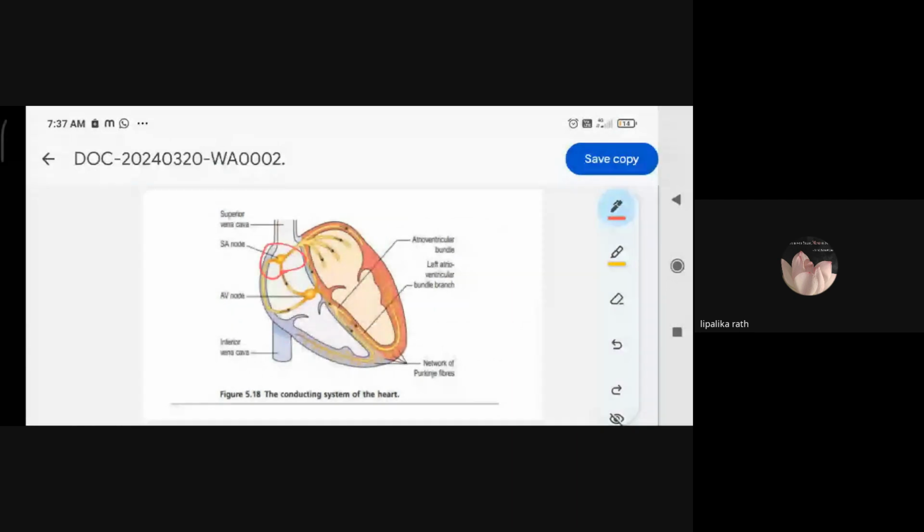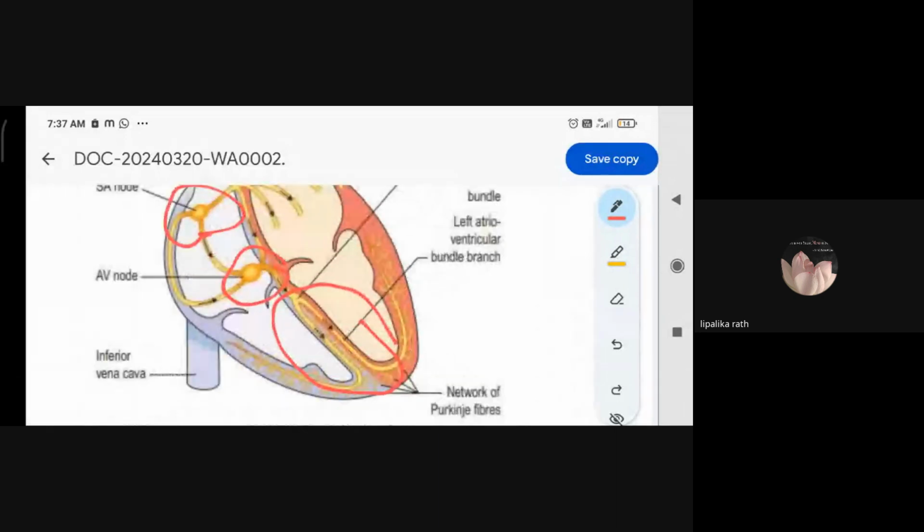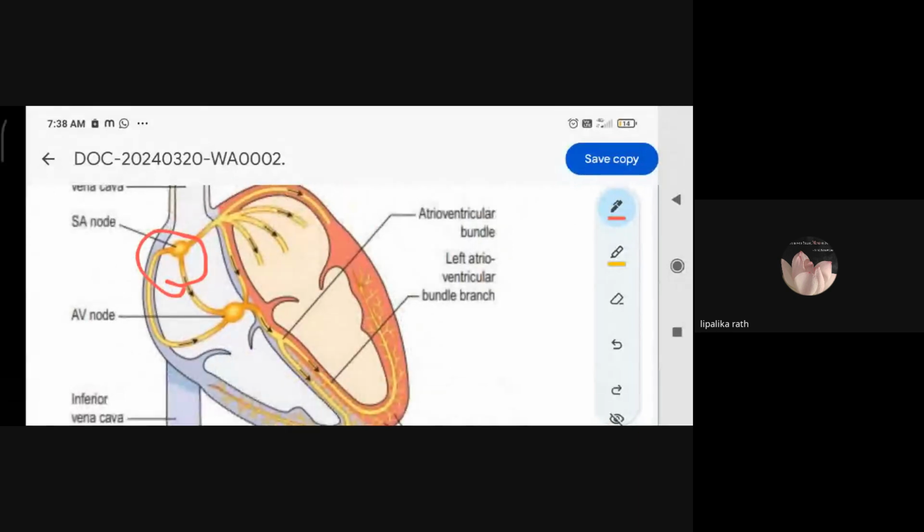AV node, then AV bundle or bundle of His, then Purkinje fibers are present at both sides. So you can see here, this is the primary pacemaker, SA node, then secondary pacemaker, AV node. So SA node is capable of generating impulses, or generating a beat, 60 to 80 times per minute, and